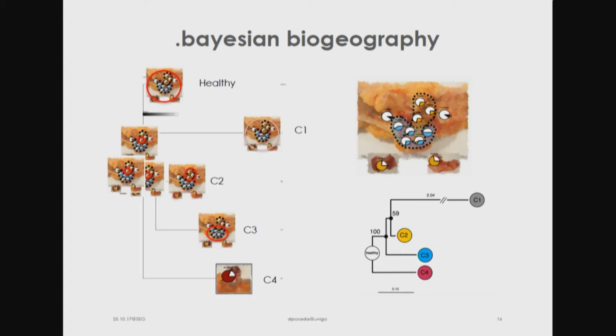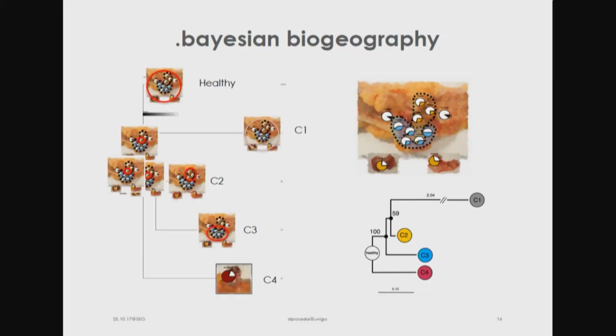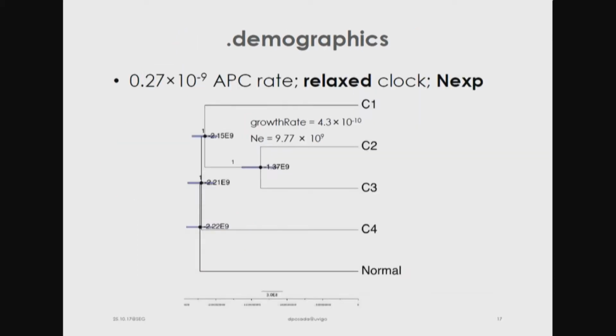So we can predict the direction of tumor growth. It happened from here, from the north in this position in the picture, to the south, and from here to the different metastases. Okay? That's what we do in phylogeography, trying to infer colonization patterns. But we can do better.